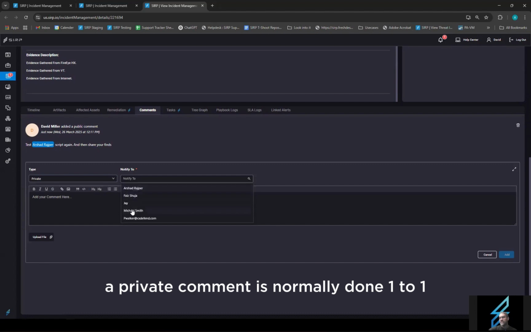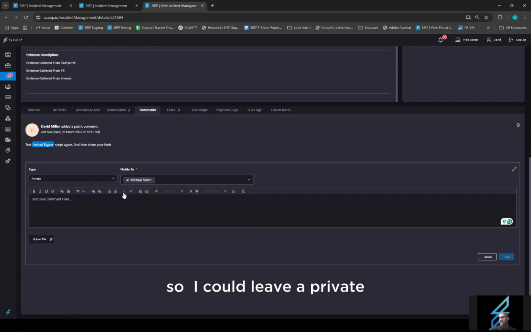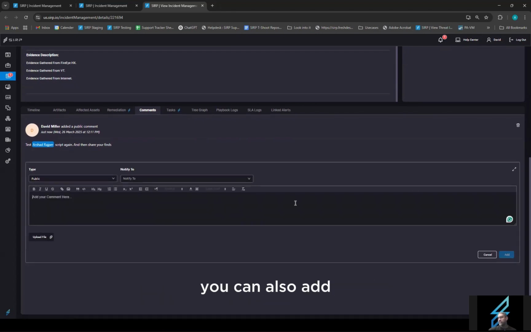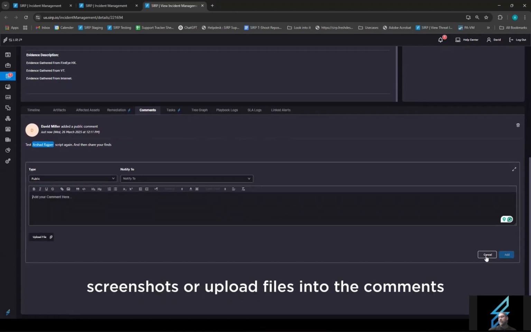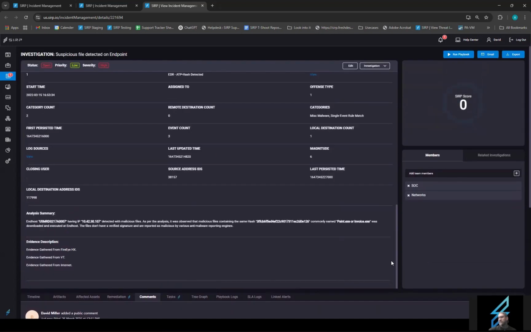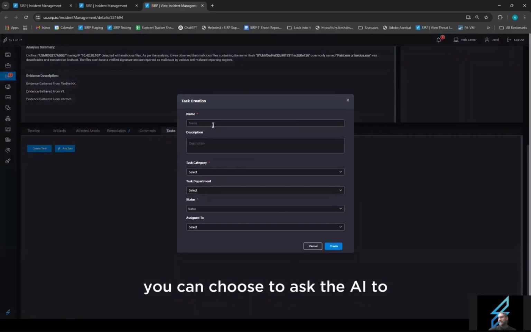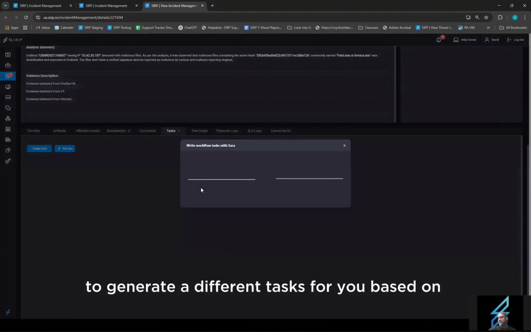A private comment is normally done one-to-one. So I could leave a private comment here, and only the pertinent person will have this comment visible on their side. When you're adding comments, you can also add screenshots or upload files into the comments as well as part of your evidence. In the task section, you can choose to ask the AI to generate different tasks for